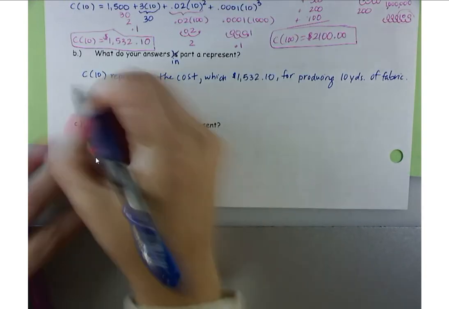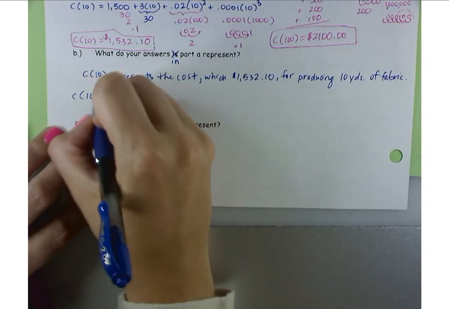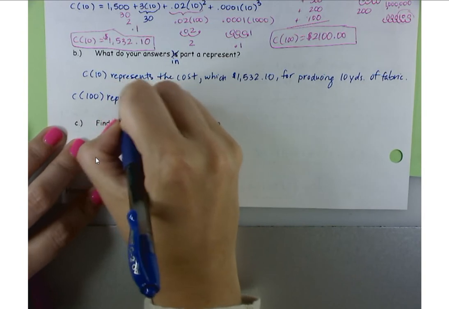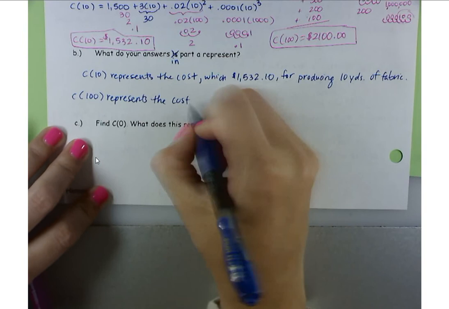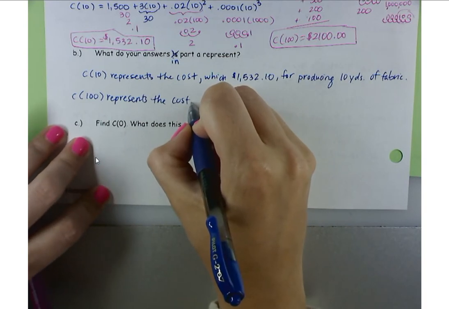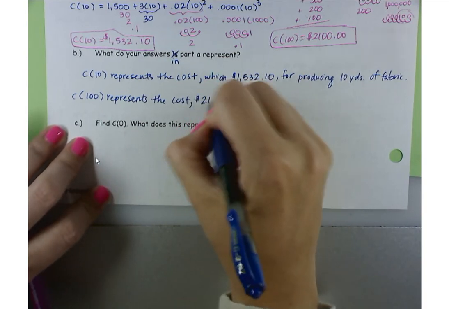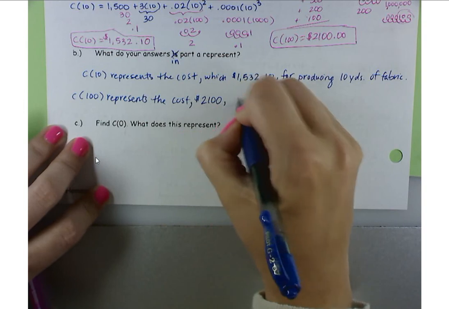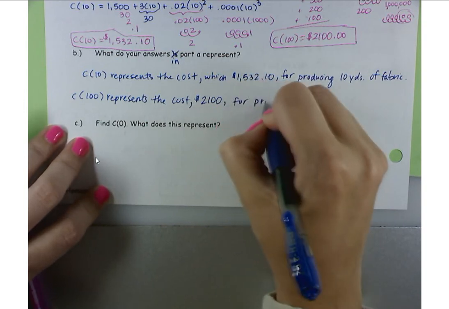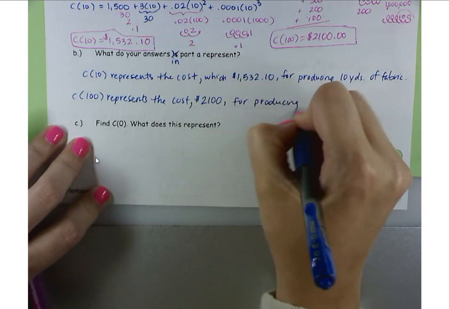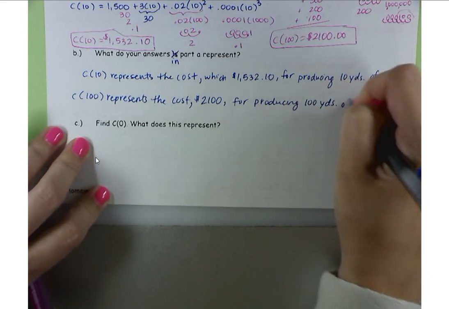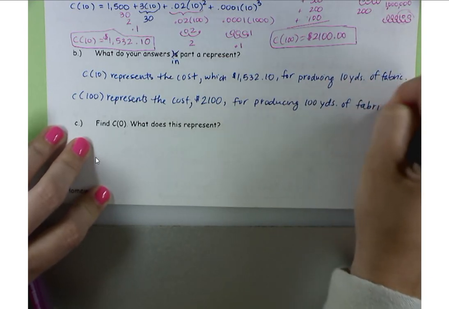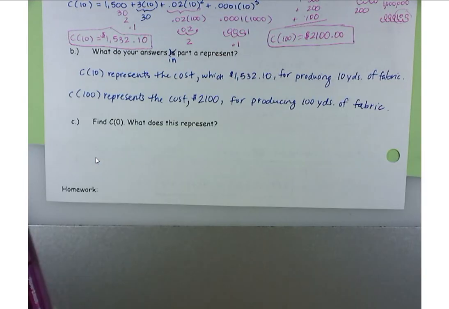And C of 100 represents the cost, $2,100 for producing 100 yards of fabric. Okay, this is something that you'll have to do on your chapter 2 test as well,